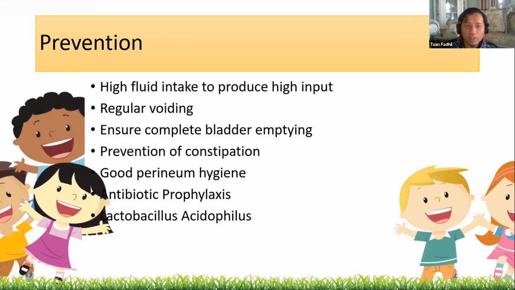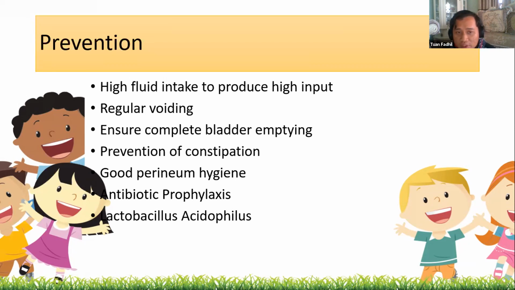So we're moving on to the next, which is the prevention of UTI. For the prevention of UTI, you need to take high fluid intake, to produce high urine output, because you want to reduce dehydration, and also you need regular voiding because you will release some symptoms such as, okay. Next,